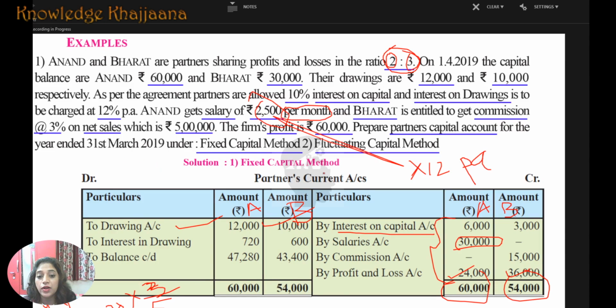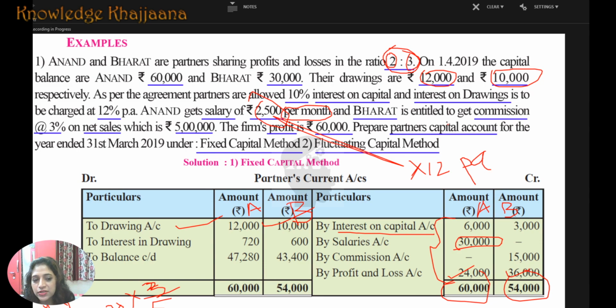So here again there is an interesting thing. The date or the period when they have done the drawing is not given there, right? It is not mentioned on which date they did the drawing. He may have drawn on some one day, or on another day. It can be at the start of the financial year, in the middle, or also at the end of the financial year. But it is not mentioned at what time, on which day they have done the drawing.